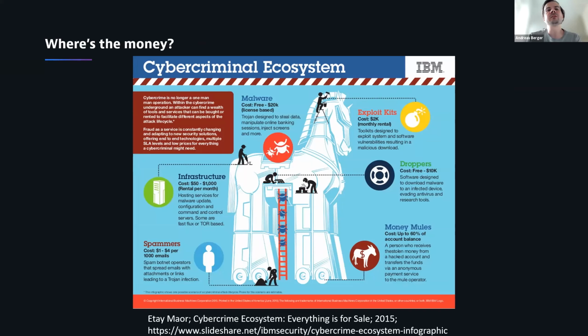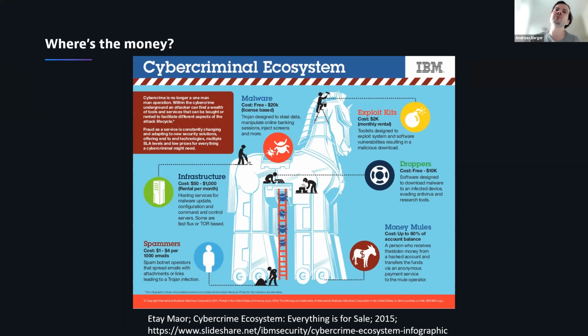Of course, it comes ultimately from some kind of victim, but in order to understand this as a whole, you need to understand that behind an attacker there is typically what is called the cybercrime ecosystem. There are multiple studies, and it has been researched for about 15 years or so. I put up one of the reports here by IBM, which shows just a tiny bit of this very complex topic. The one takeaway I want to give you is that there is usually not one attacker who is just a genius superstar who knows everything, but usually it's a person who relies on other services or products, which he goes and buys somewhere.